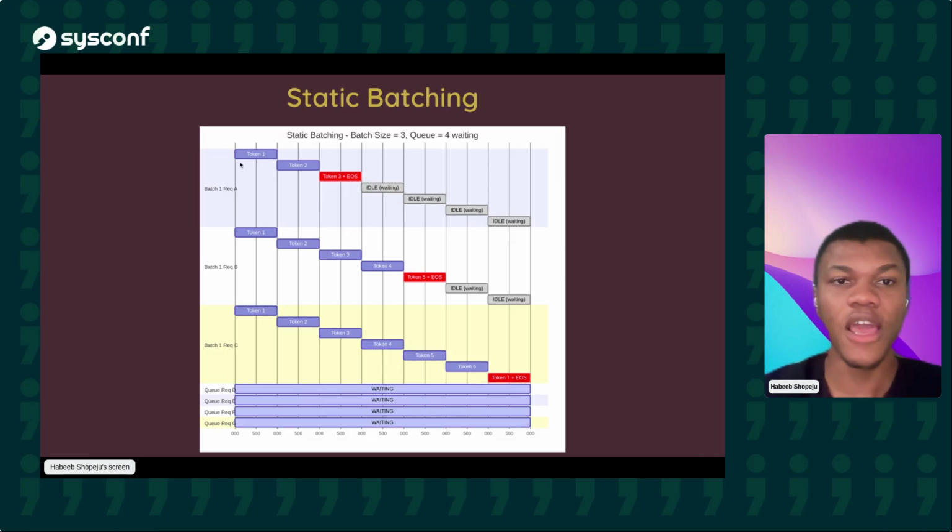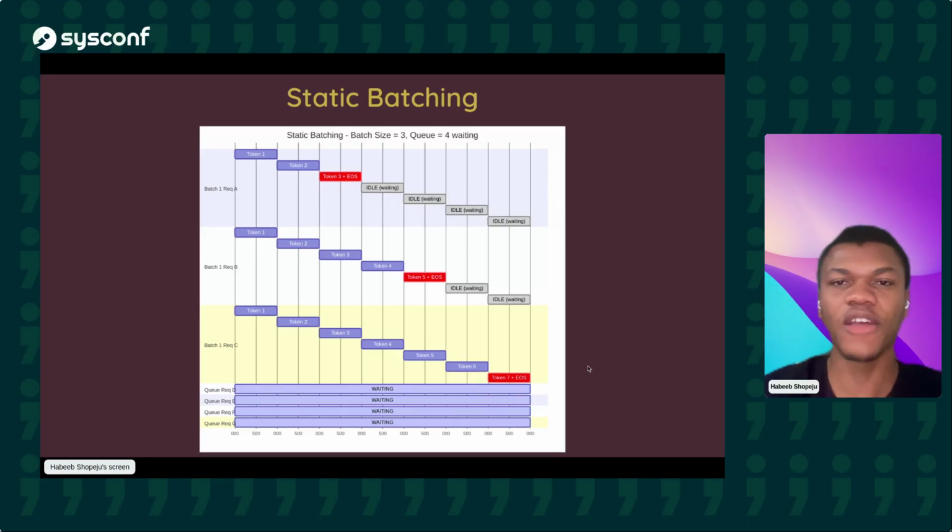The problem here is if the first 3 are done, because we are creating this static matrix where everything is going into the model, the first request is still part of that batch. It's still taking up space and it's idle. Hence, the remaining requests are still waiting because we've created this matrix where each request is essentially tied to the batch it is working with. So every single thing here has to wait until the longest request in that batch is done generating.